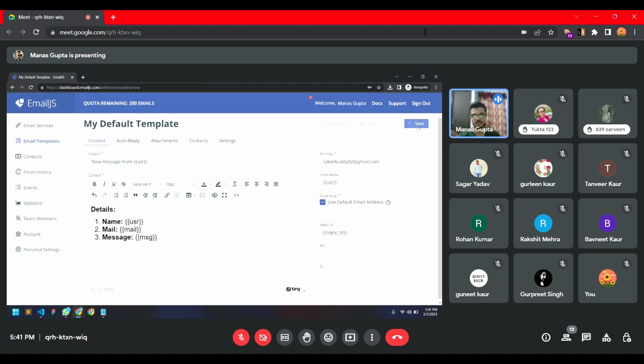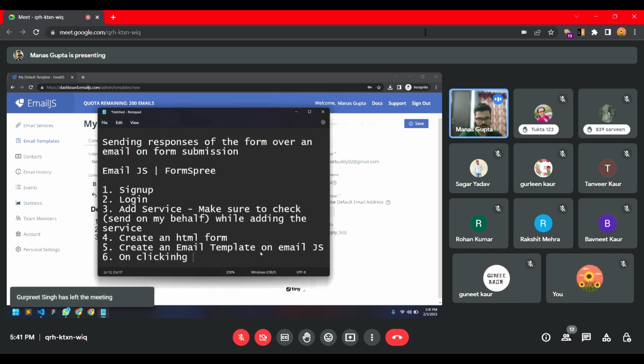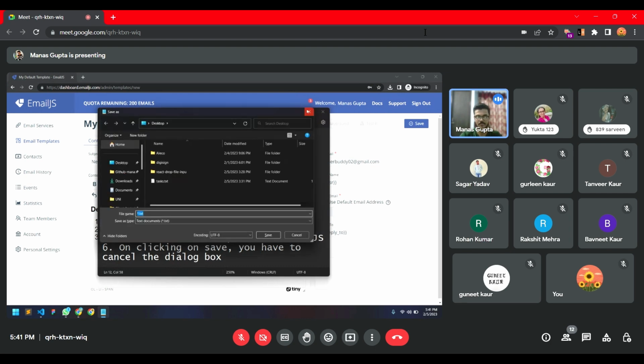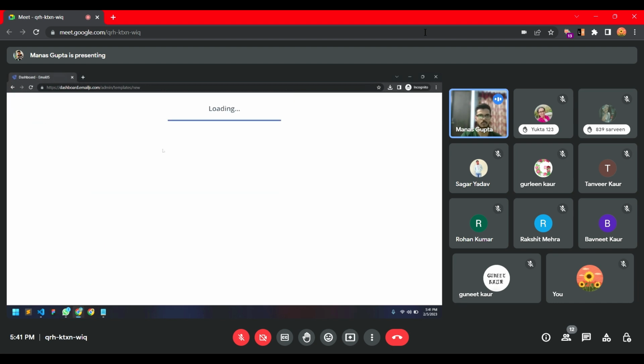Now I'll just simply click on save. यहाँ पे glitch आता है that as soon as I click on save, it asks me, do you have unsaved changes? Do you want to continue? You have to say cancel. Cancel करना है. You need to make sure. And I'll also add it in the template. On clicking on save, you have to cancel the dialog box. Okay, तो बाद में save करेंगे. Okay, done. Now I have also saved this, and as soon as I refresh this now,